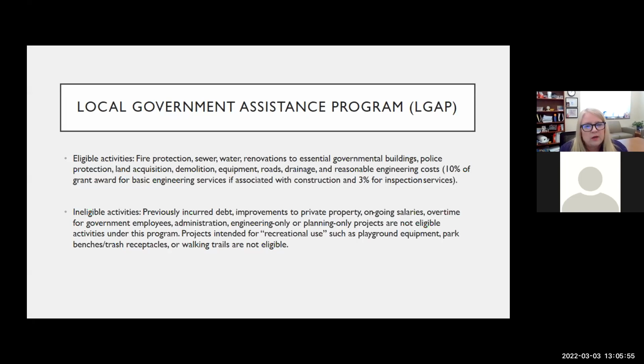Previously incurred debt, improvements to private property, those types of things are ineligible. I would also point out that projects that are intended for recreational use, such as playground equipment, park benches, trash receptacles, or walking trails, are ineligible. If you're doing infrastructure for something that is related to recreation, then there is the possibility that it could be eligible. I would encourage you to reach out and talk to us about it.